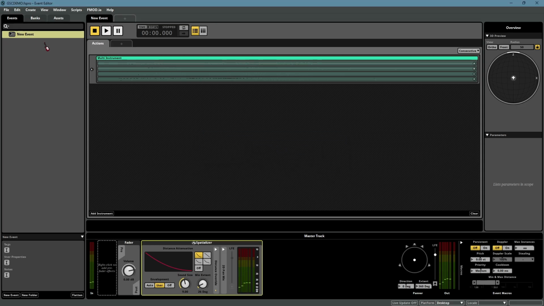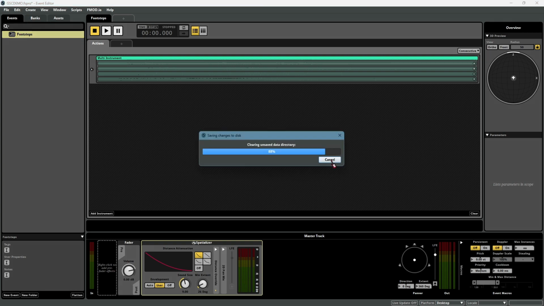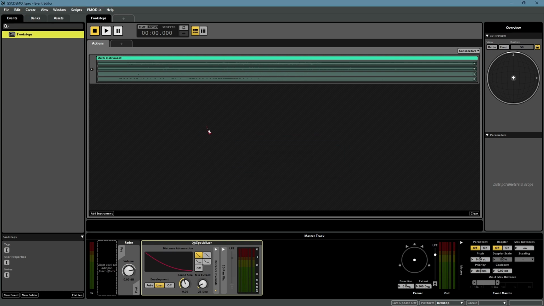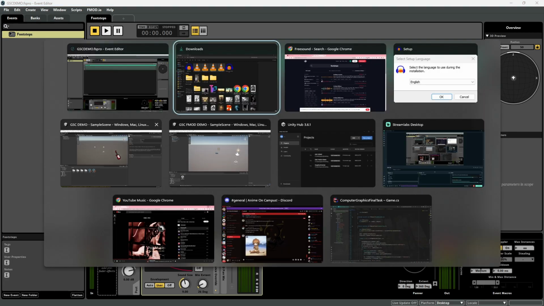Once you have that done, also I realized I didn't name this, Footsteps. All you want to do is click F7, which builds your bank to Unity. And so if I go back to Unity,